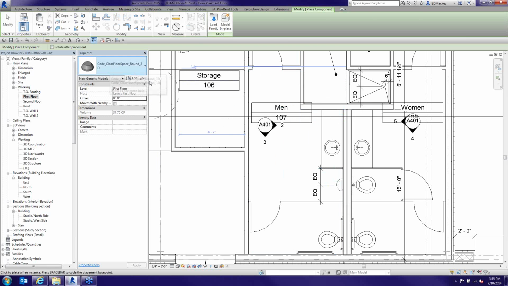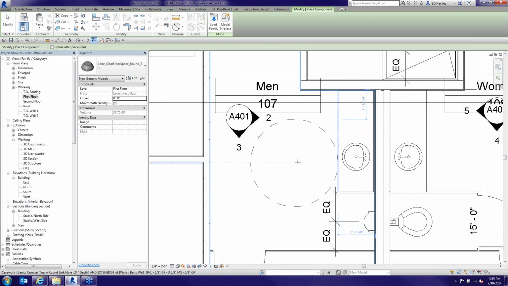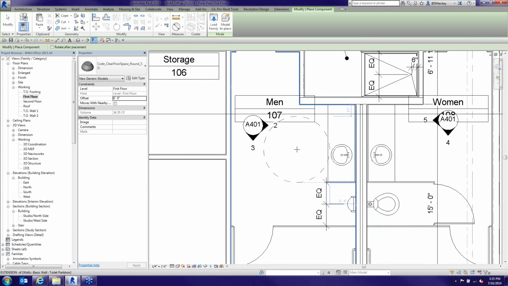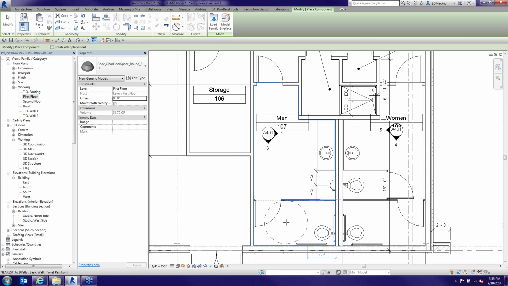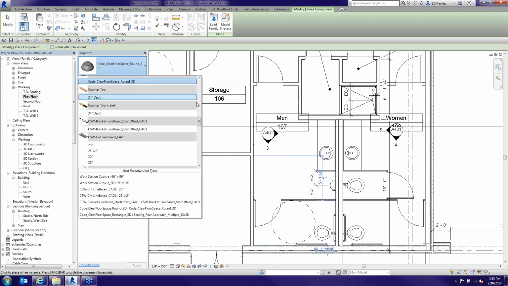And again, it looks like a line in plan, but I also know this can go technically underneath the sink. So if I'm trying to get that handicap turning in here, I know it can go into the door. It can go under the grab bar, etc. I can place this in here. If I go switch to be my other code,